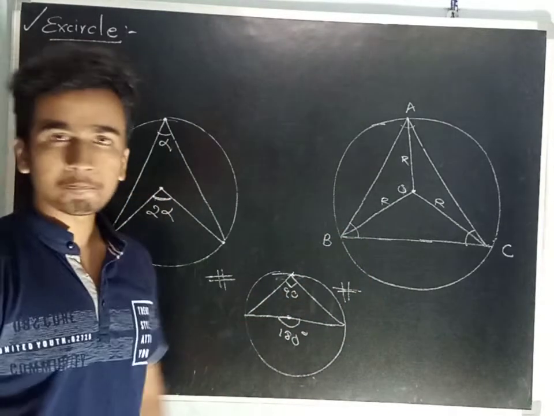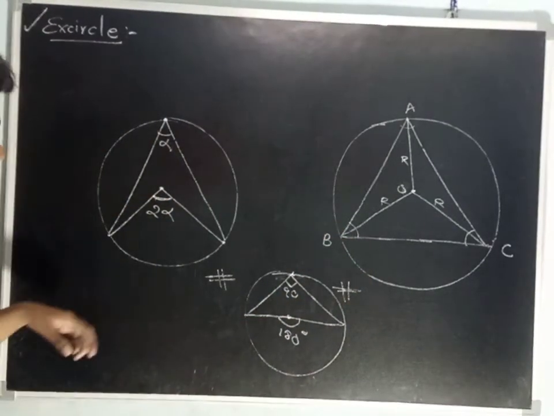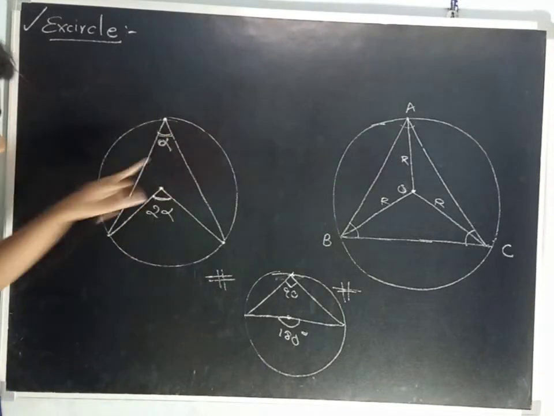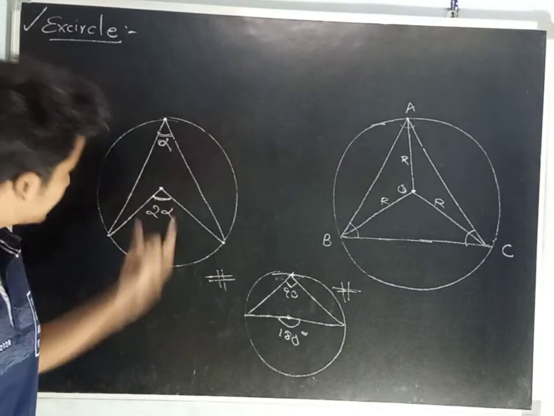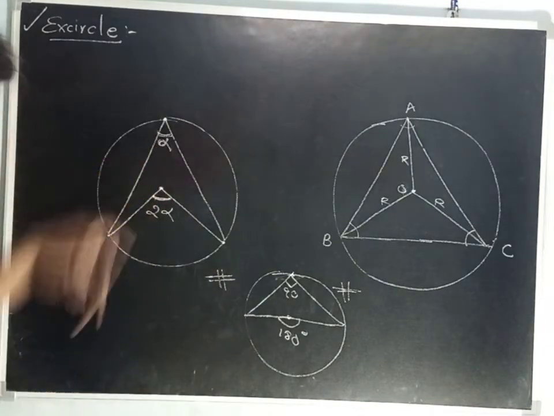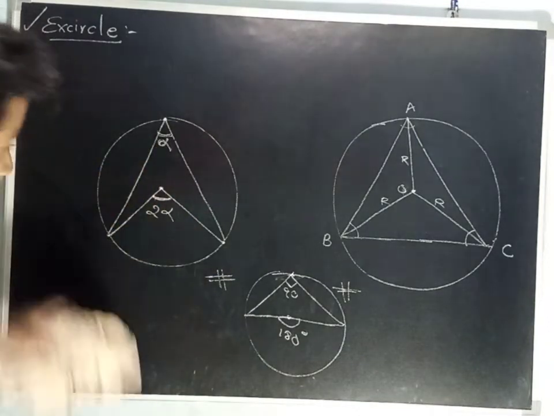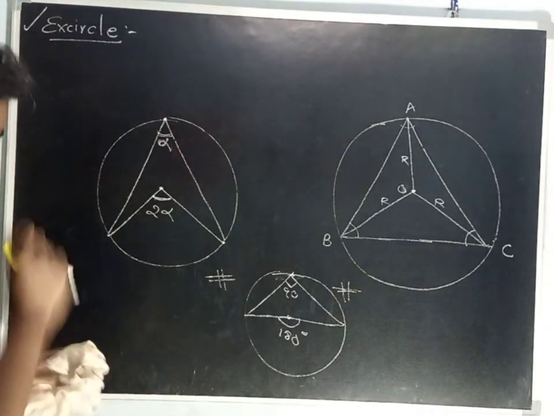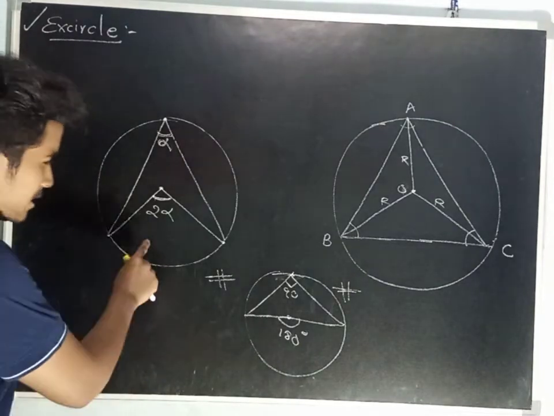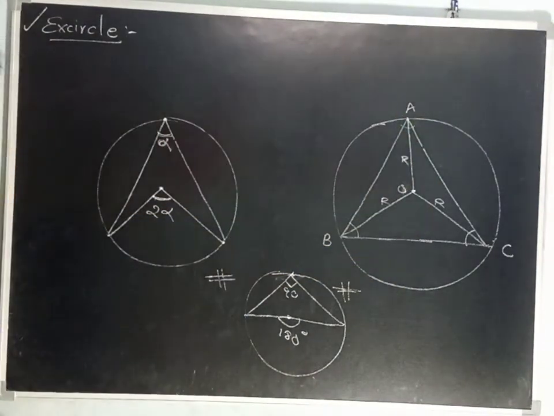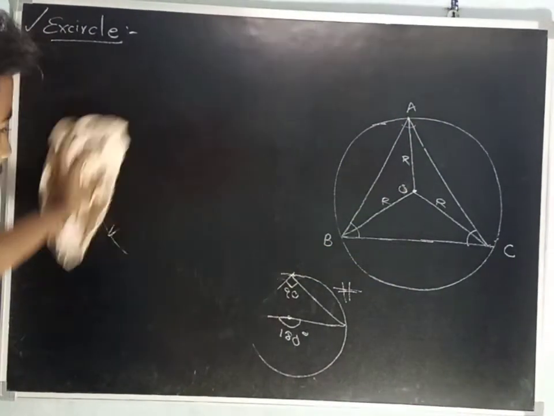This is the main thing. And the common concept is, if the angle made here is alpha, then the angle at the center is going to be twice of this angle. Okay? This is the main concept. I have explained this because I am going to use this concept in the concept of circumcircles. Okay?